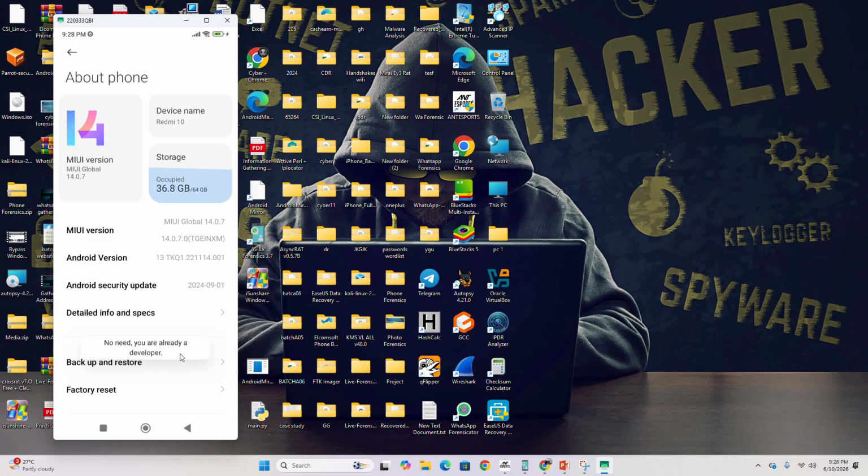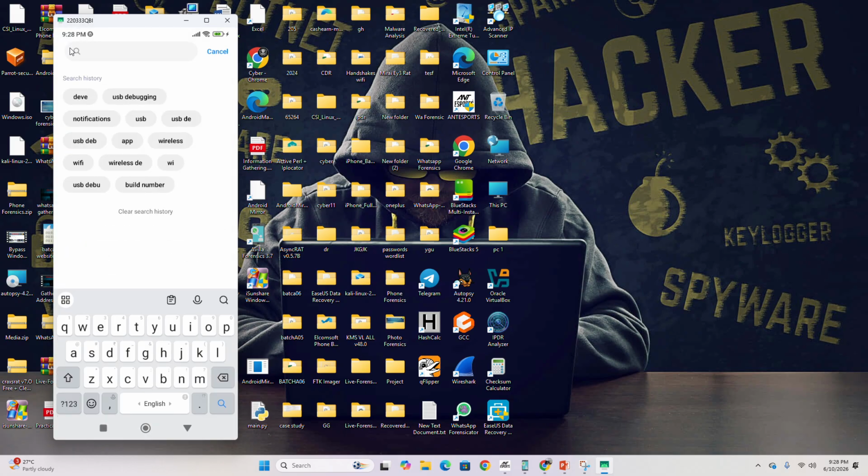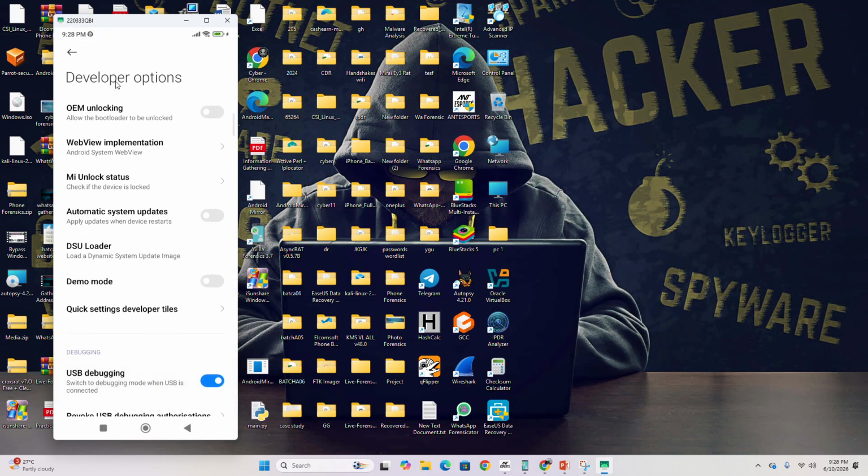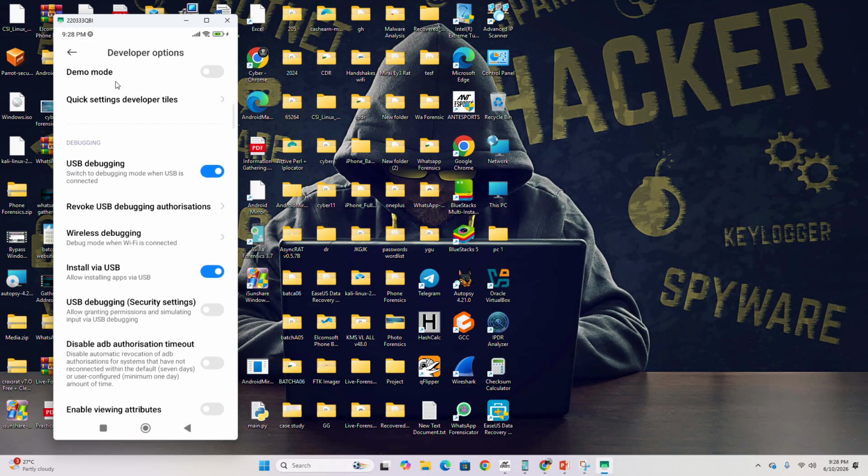If you are not in developer mode, you have to enable the developer options. Then search for USB debugging options. Click on USB debugging and enable it.